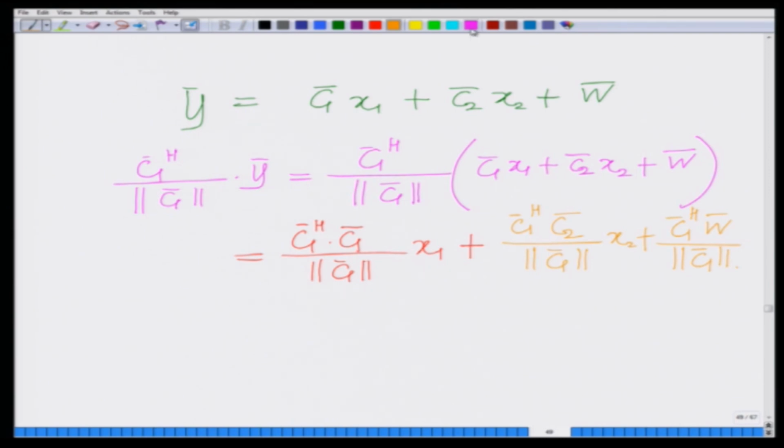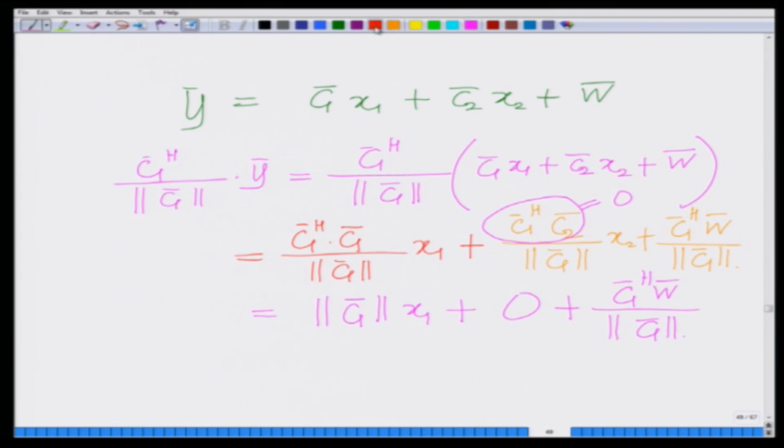Now, the first quantity is C1 bar Hermitian C1 bar, which is norm C1 bar square divided by norm C1 bar, so this is equal to norm C1 bar x1, plus the second quantity, C1 bar Hermitian C2 bar, which is equal to 0. So the second quantity is 0, plus C1 bar Hermitian W bar divided by norm